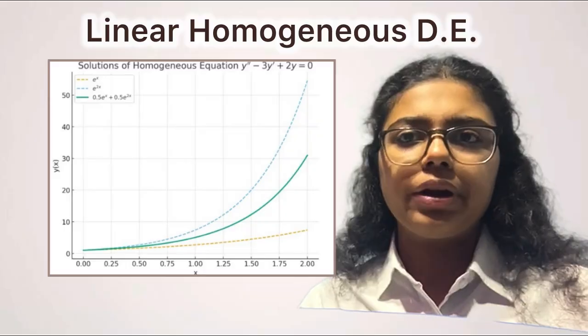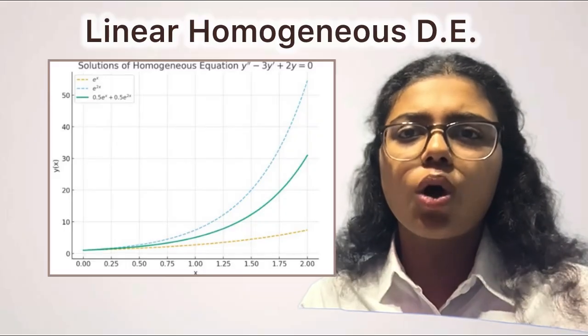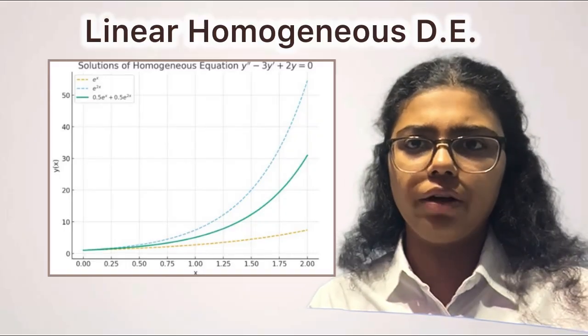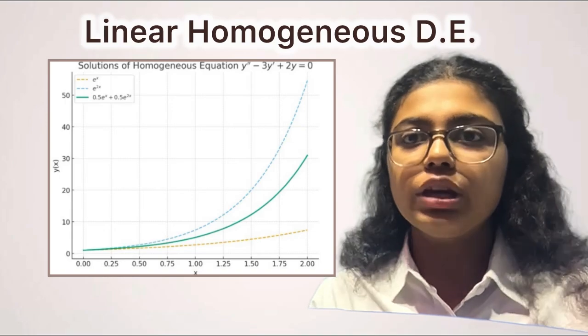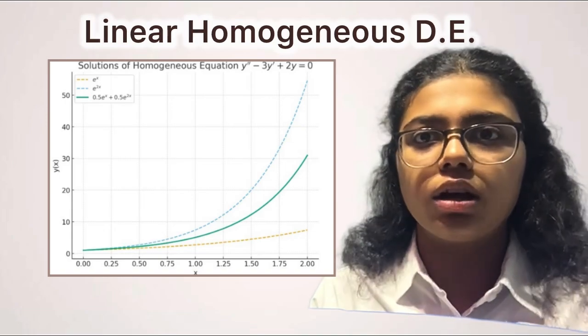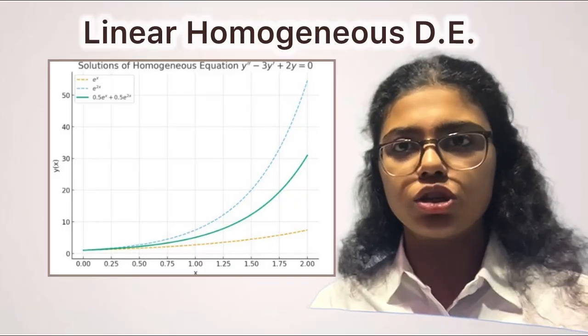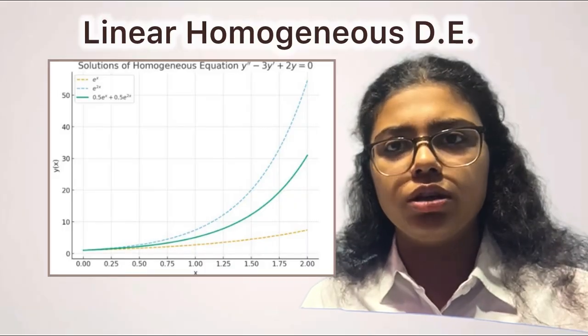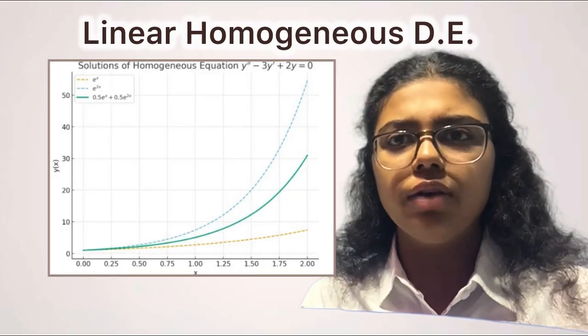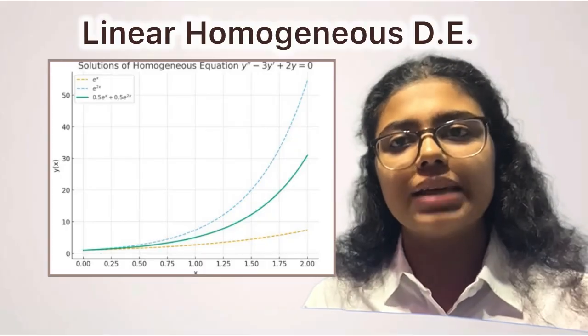The important point is that the real solution is always some mix of these two basic curves. If the coefficient in front of e to the power 2x is larger, the curve shoots up faster. If it is mostly e to the power x, the growth is slower. So the shape of the solution depends on how much of each curve is present, which is set by the